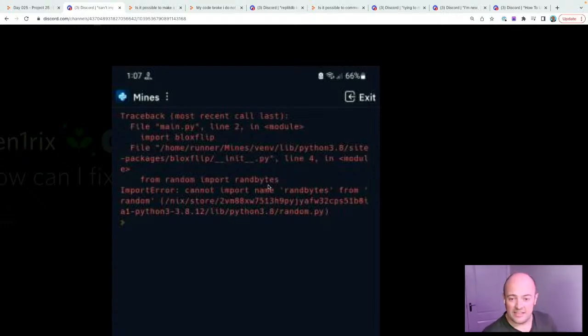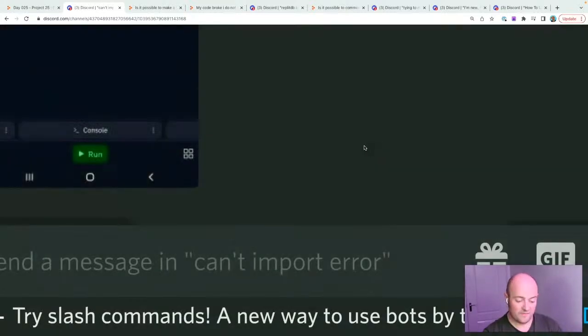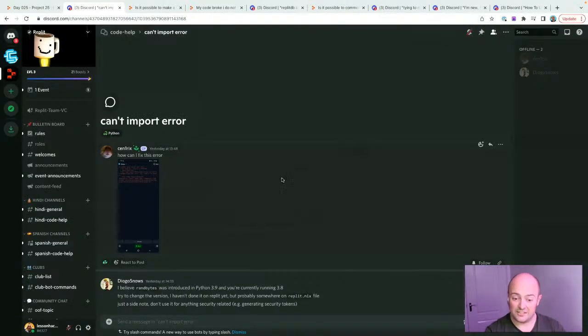But this is an error that this user got, and the question is, I don't know what's going on. Now, if you ever see an error on Replit that involves the word Nix somewhere, that's probably due to the back end, the package is not working, the package is mismatching. In this case, the error is the package that they're trying to install is only compatible with a Python version higher than the REPL they're currently in. Now, that's reasonably easy to fix, actually.